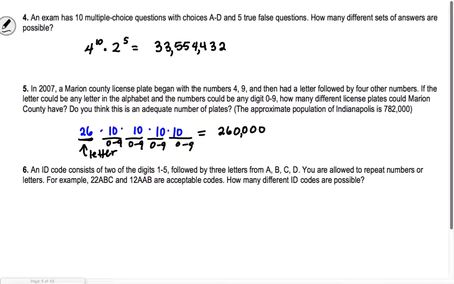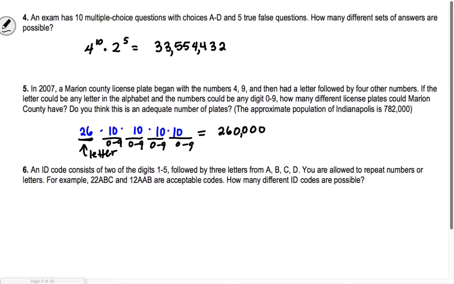Okay, so it says, do you think this is an adequate number of plates? I don't know, it could be, maybe, for Marion County. The approximate population of Indianapolis, Marion County, is 782,000 people. Do all the people drive? Well, almost everyone. All the people don't drive, but some people do have multiple cars, don't they? Those people that have like 10 cars in their garage. You say that the average person has all one. So I don't know if it's enough, but actually I do know that it was not enough